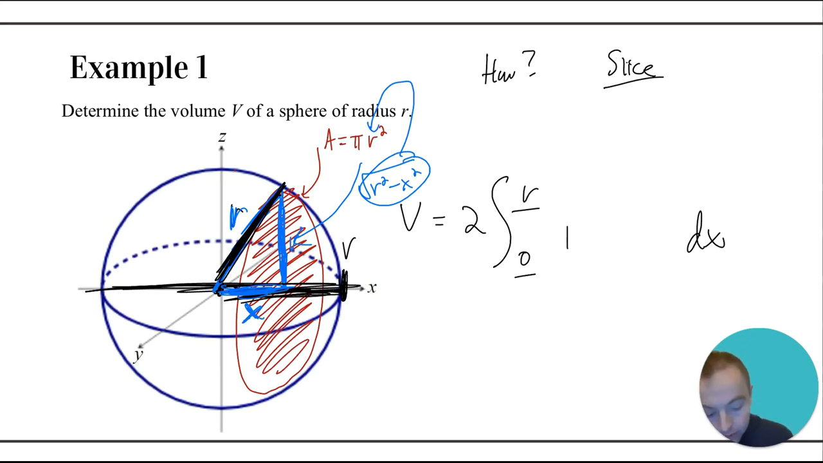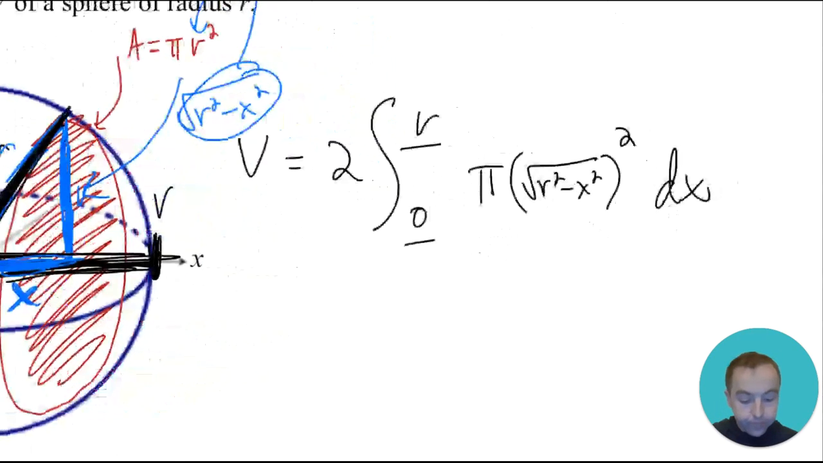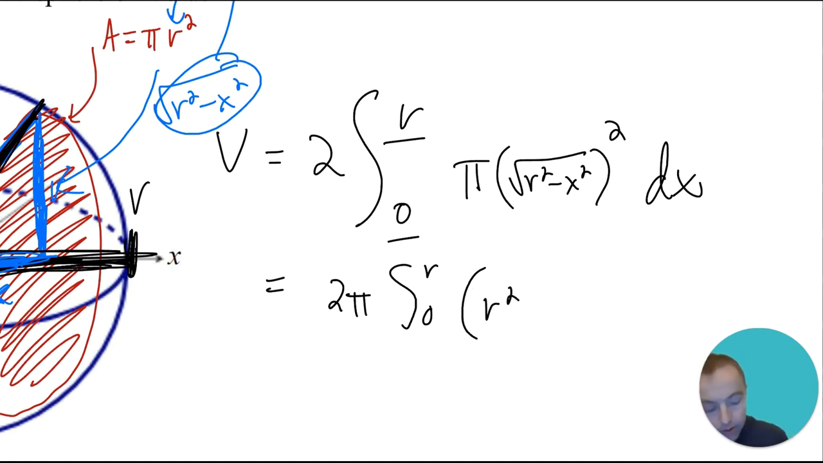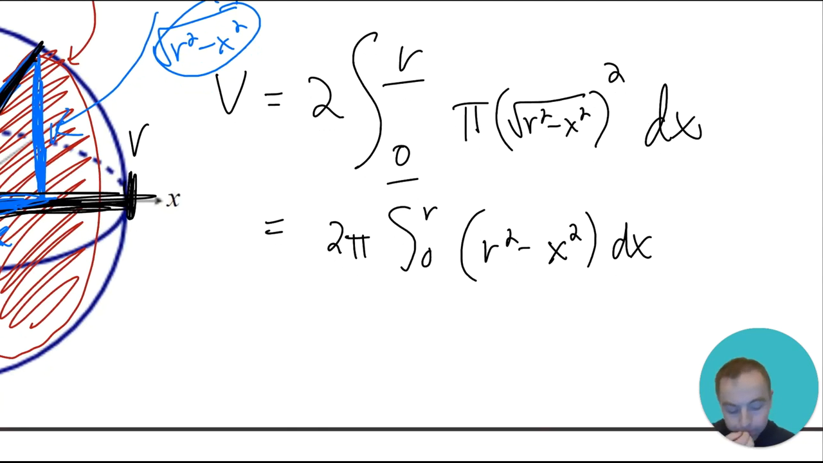So then we're going to put in pi, and then that radius, the square root of r squared minus x squared, all squared, and then we'll integrate this. The pi can come in front because it's just a constant, so you'll have 2 pi, and then we'll integrate from 0 to r. If you square the square root, you just get r squared minus x squared dx, and then we can integrate. So we're going to get 2 pi,